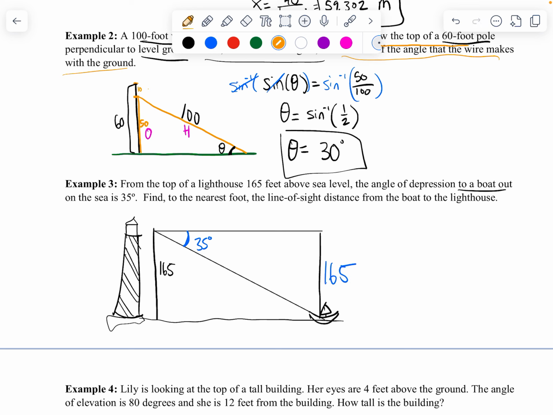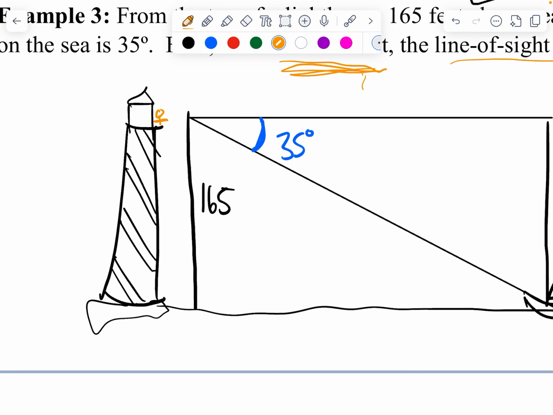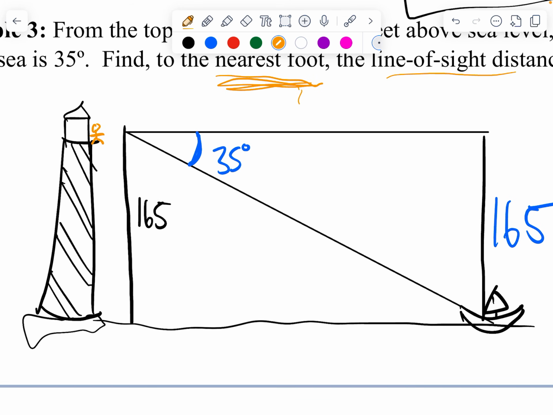And then the last question is find, to the nearest foot, that'll be helpful for rounding, the line of sight distance from boat to lighthouse. So imagine if we had someone in this lighthouse, right? Line of sight implies that you're following the line their eye makes as they're looking out. So they're looking out at the boat, meaning that the line of sight distance, the distance their eyes are going to travel, or like their sight, it's the way I'm describing it sounds a little strange, but it's the diagonal,